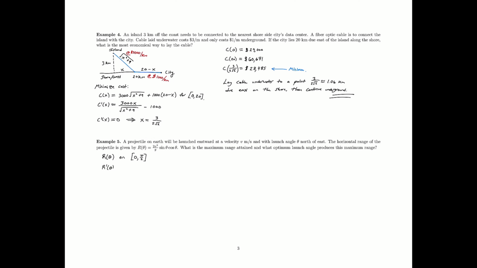So r prime of theta. This is 2v squared over g. We've got a product rule here. So cosine squared theta minus sine squared theta if we do our product rule and simplify. That's what we get. This is a continuous function, so the derivative exists everywhere. So we only have to worry about when the derivative, r prime of theta, equals 0. And this happens precisely when this expression here